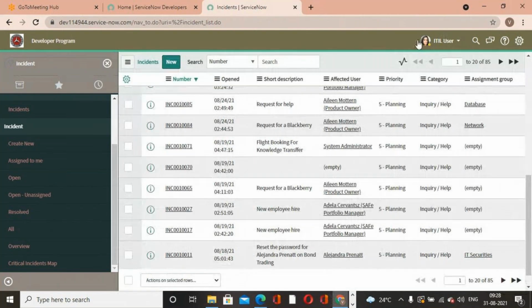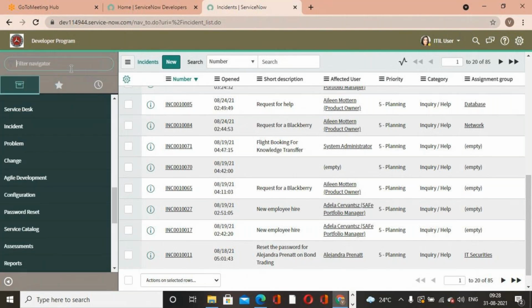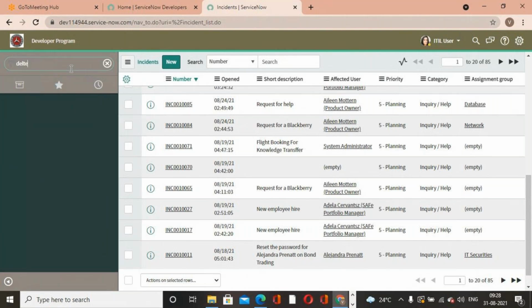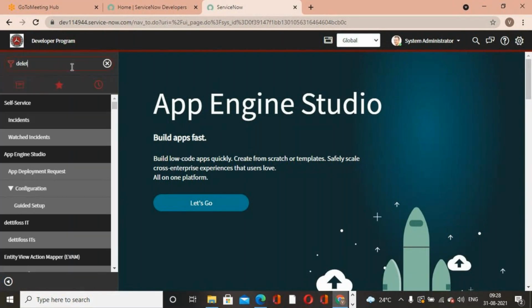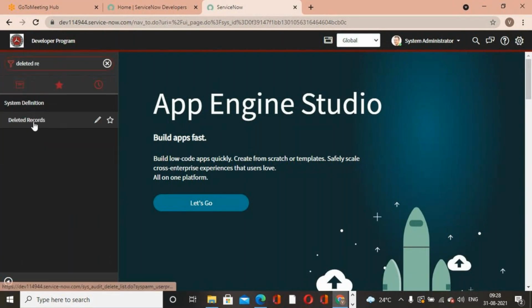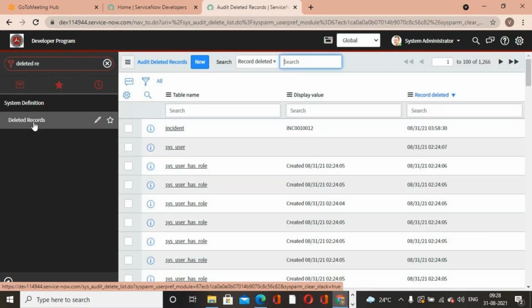Any ITIL user may unfortunately delete a record. So again the same person tries to recover it, but she is unable to recover the deleted record because only the ServiceNow administrator can recover deleted records. So what is the application name? Deleted Records. Which record do you want to recover? Open that record